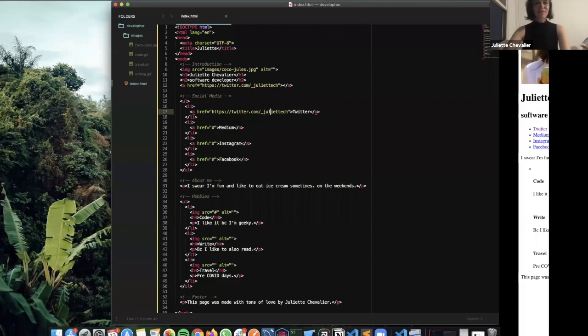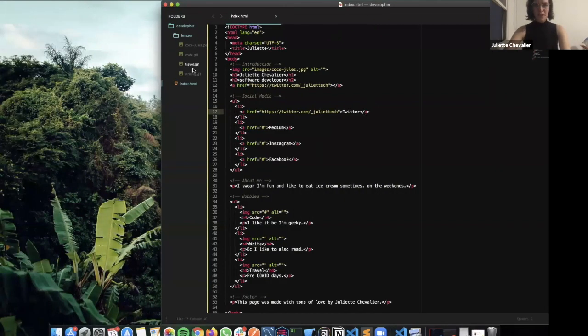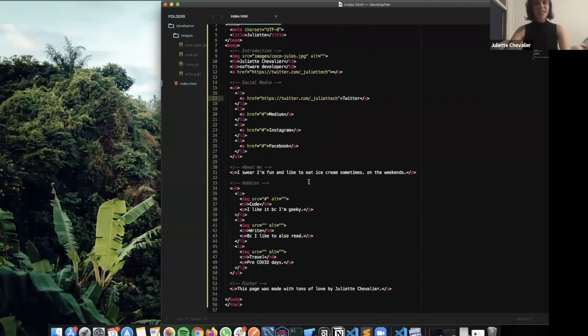Now, we can do the same thing for the other pictures, right? So the idea here is that you're always going to be looking for the path of the image and then just adding it on to your website so that your browser knows where to look inside of your file structure. So I can say that here I want to go into images and this is code.